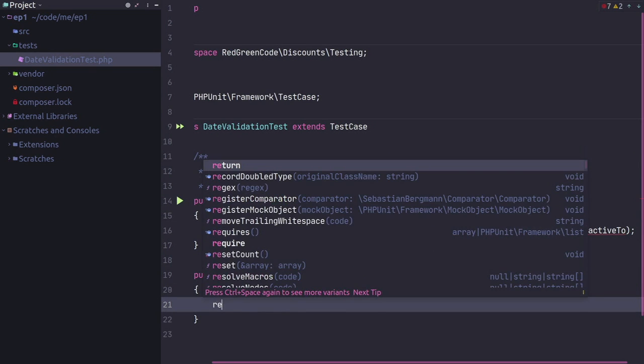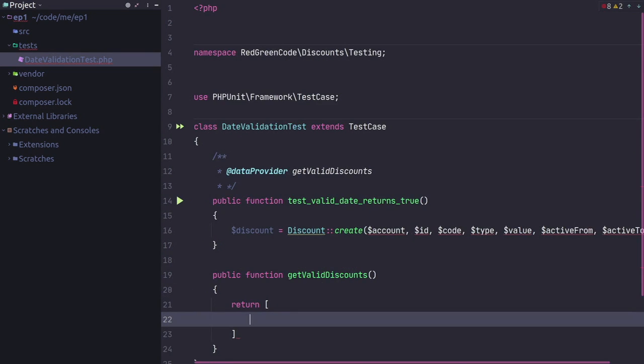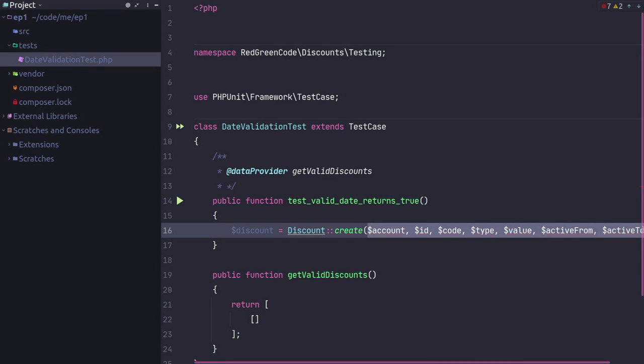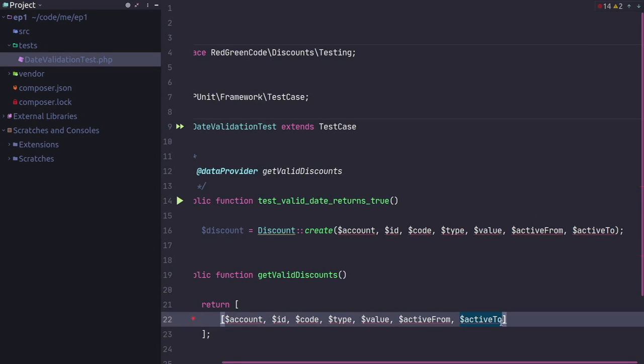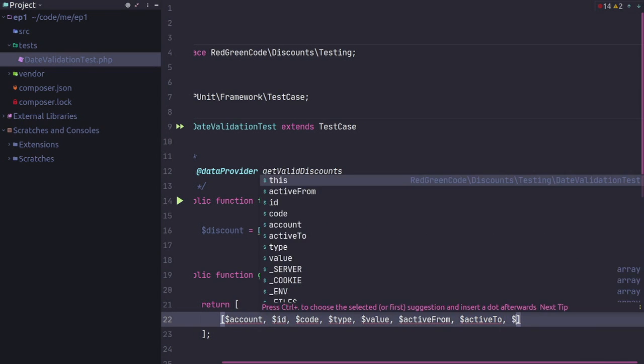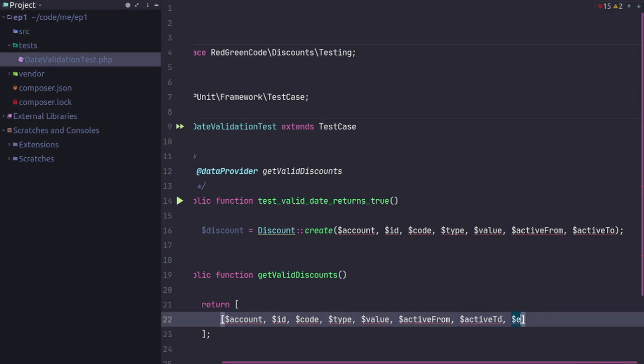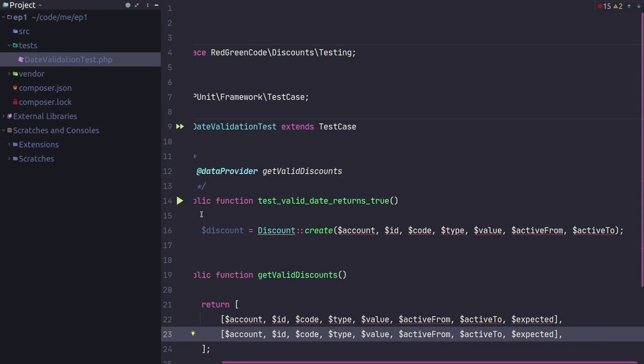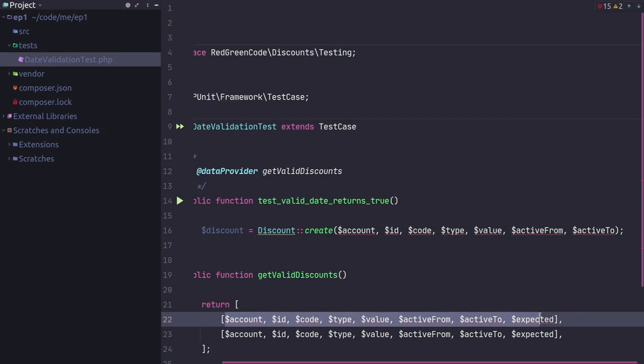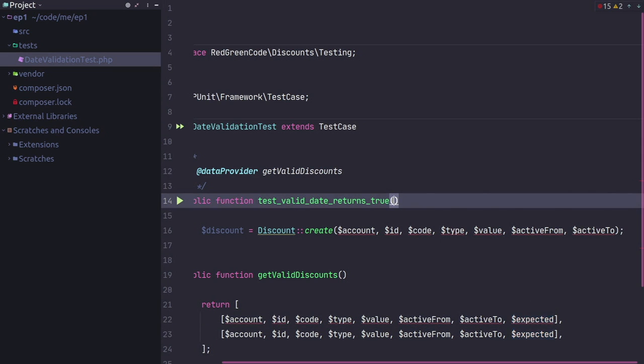So we return an array of arrays. Inside of this array is this information that we want, and in addition to that, also what we expect to get back in return from this test. Expected, we'll call it expected. We'll specify all this data, and we can use as many as we want. Each time we run this test, it will loop through and run the test based on the information that we give here. So we need to accept this information up here